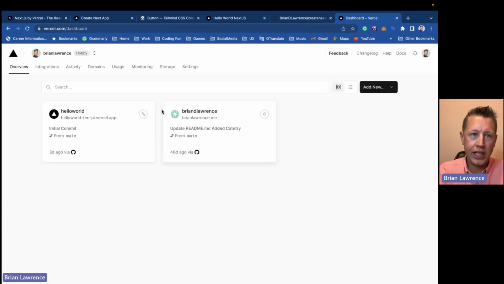So if you've already set up your account in Vercel and you've logged in with your GitHub account, the nice part about doing that is the configuration and the connection between your GitHub account and Vercel is already done. So you simply need to go to add new on your dashboard. And if you have nothing on here, you'll see nothing here, and it'll say create new project or something like that. I currently use Vercel for my own website,